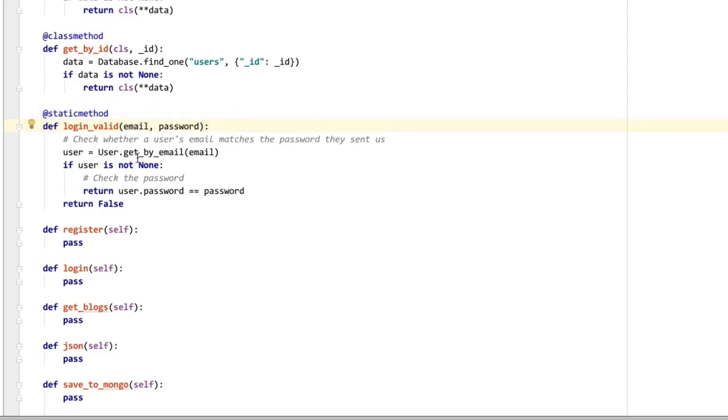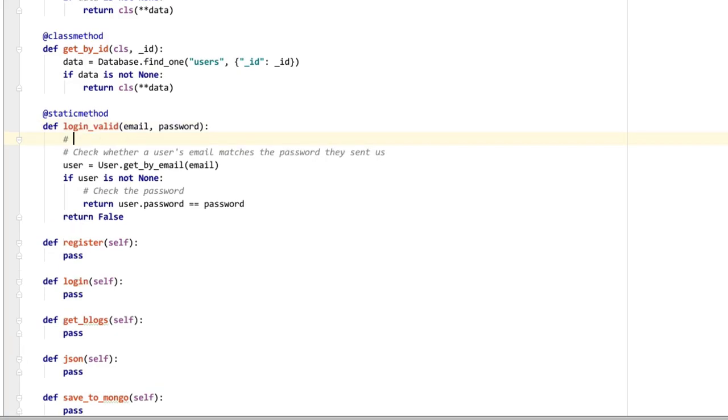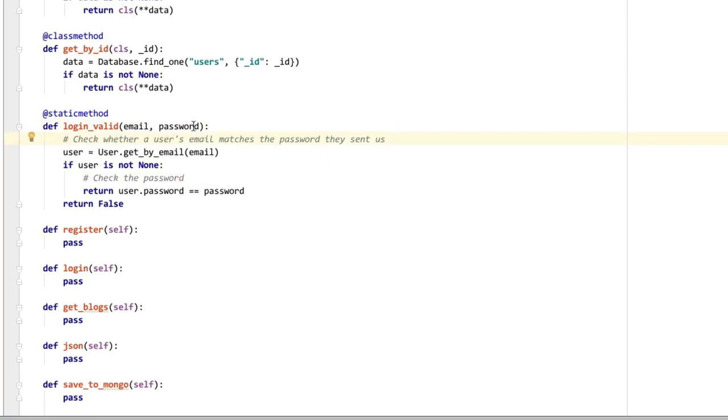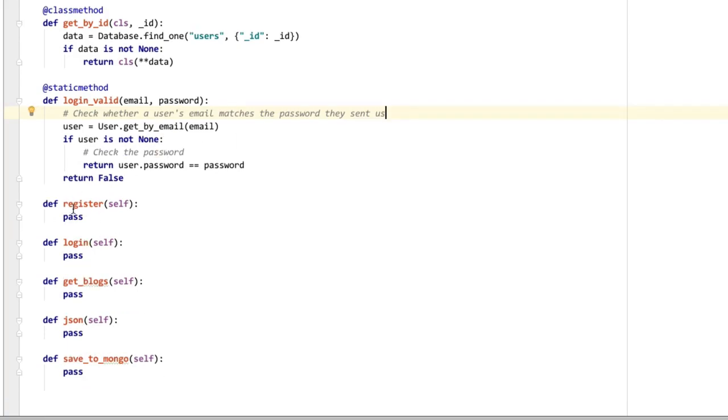And now that makes a bit more sense. We can do now user.login_valid, School of Code, and then the password. We can do that, and then that will return true if that email and password combination is valid, or false if it is not valid. Okay, so that's how we would check that, and then in order to register, it's going to be